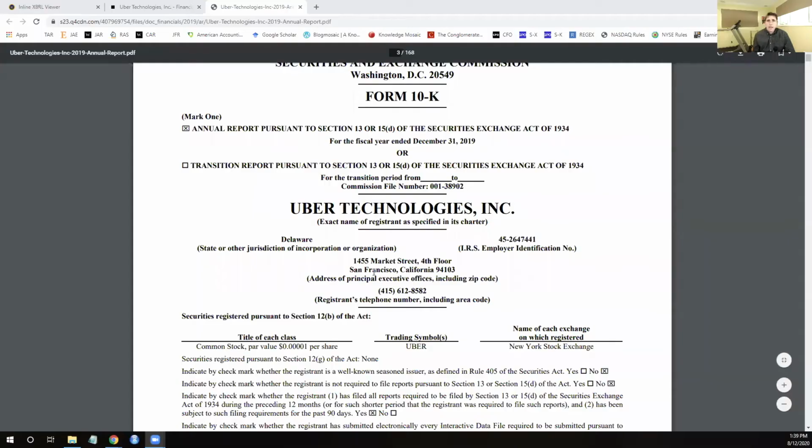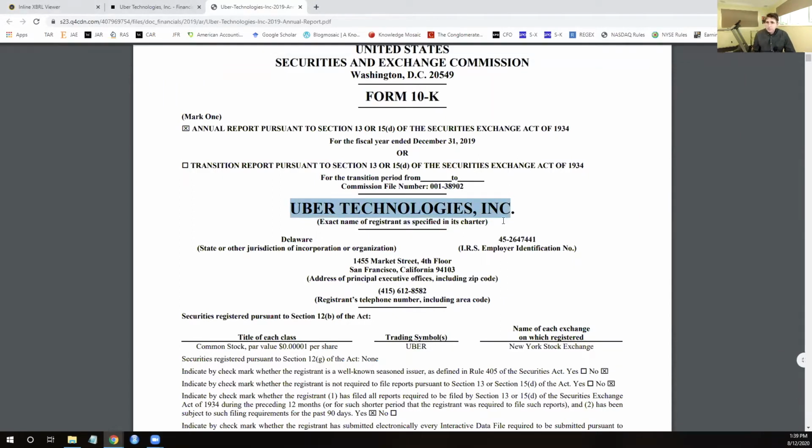This video covers how to read a 10K and how to find the financial information you're interested in in a 10K. So let me share my screen. I have here pulled up the Form 10K of Uber Technologies Incorporated. Let's just go through the Uber 10K, and by doing that, you'll learn what's in a 10K and where